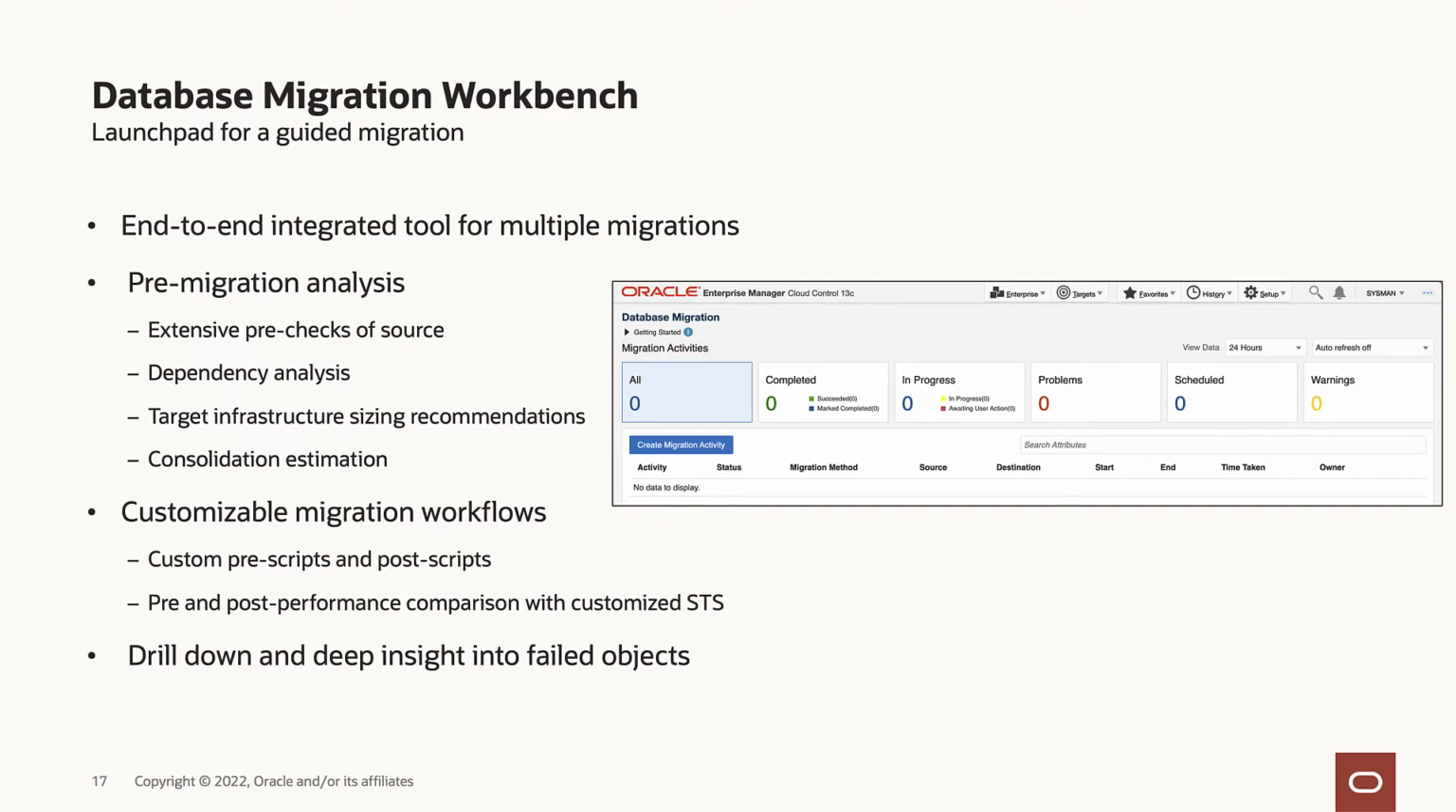With the help of the launchpad, DBAs can customize any migration, track migration progress in real time, and have the ability to act on migrations which are in progress, with actions like pause, resume, or cancel the entire migration workflow. Using the launchpad, DBAs get a powerful tool to drill down at object level and get deep insight into reasons for failing